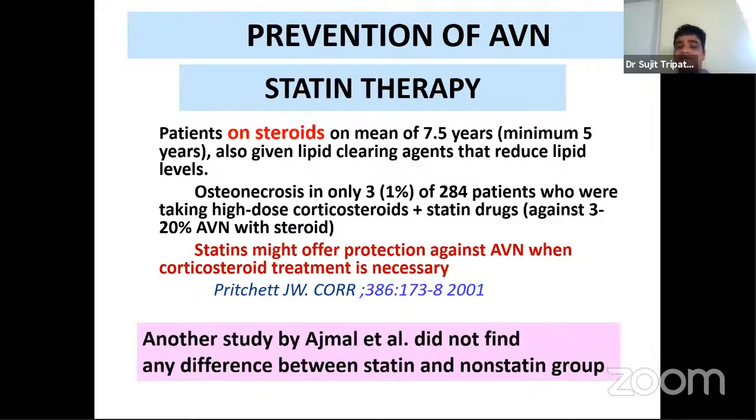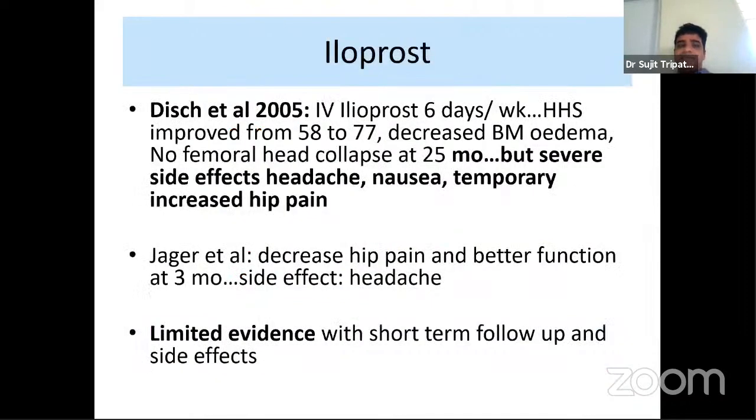But another study contradicted this finding. But you can say that based on the clinical animal studies, one can start the statin therapy, and it has shown efficacy in the animal studies. Coming to the last, that is iloprost. It has been used in a few studies and has shown efficacy, particularly in bone marrow edema syndrome. But there are severe side effects like headache, nausea, and temporary inflammation in hip pain,